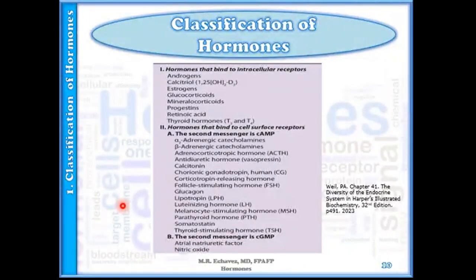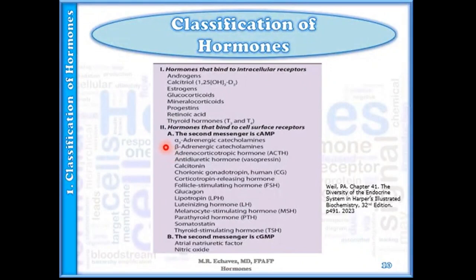This table is found in Harper's, in the first few pages of the chapter. So you can classify hormones this way. First would be hormones that bind to intracellular receptors. It would be nice if you would remember these particular hormones. And then you have those hormones that bind to